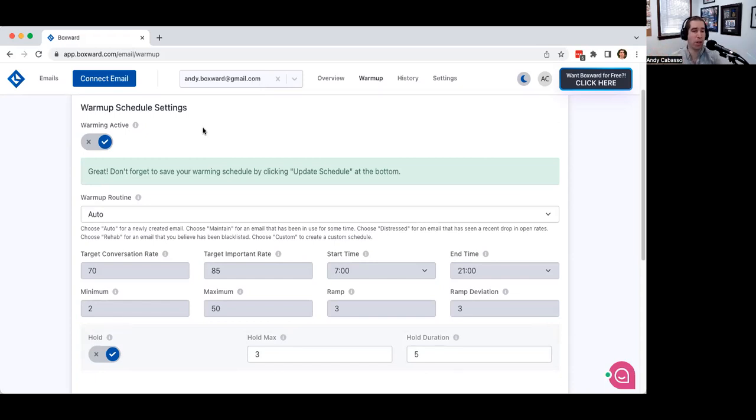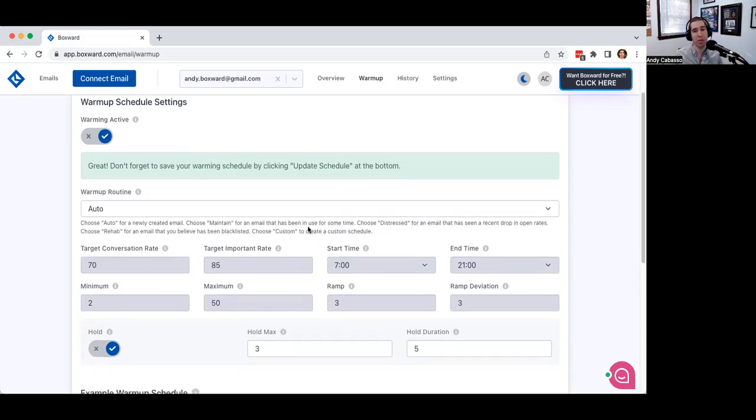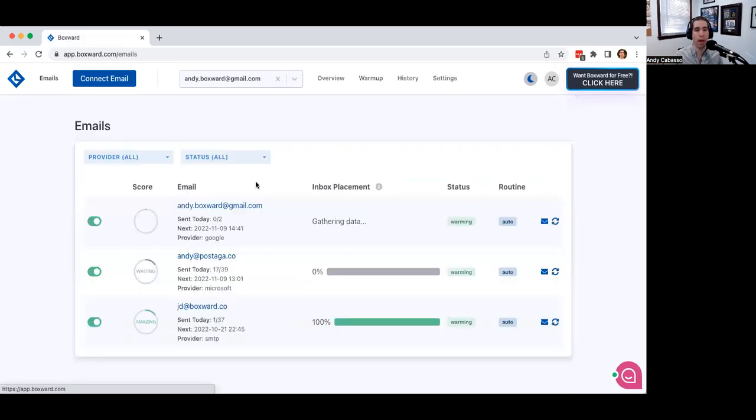If you're not using it, you might just want to not touch it for a few weeks, let the warm up do its thing, and once it's warmed up, then you can start sending your outreach campaigns. And this greatly increases the likelihood that your emails wind up in people's inboxes.